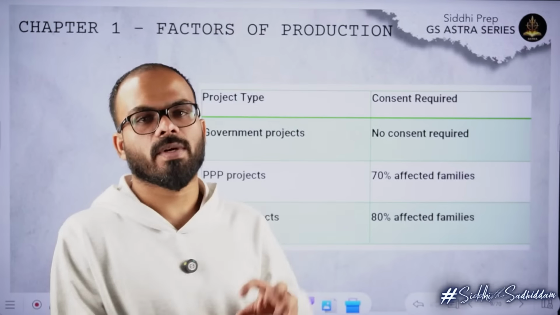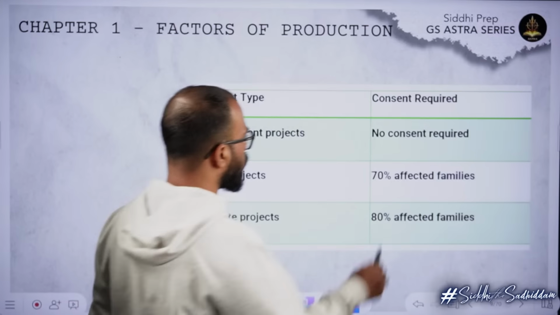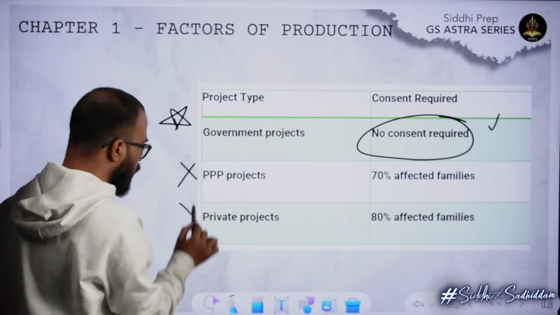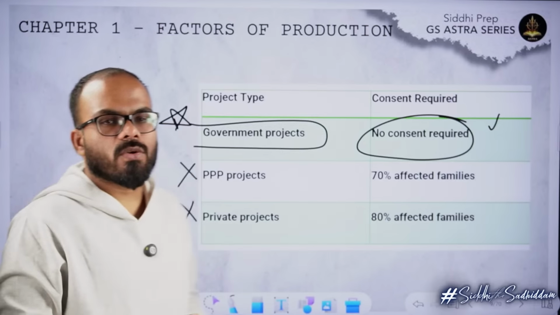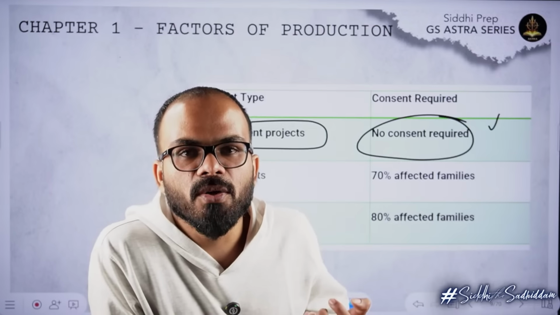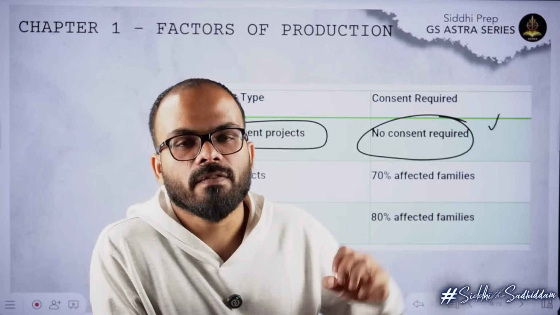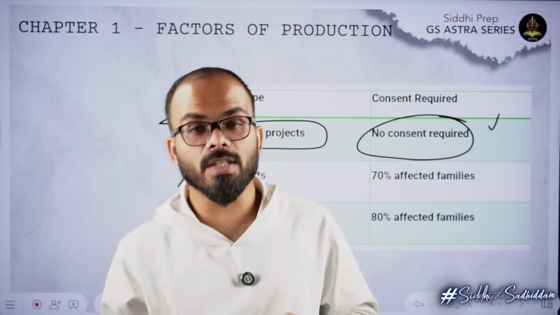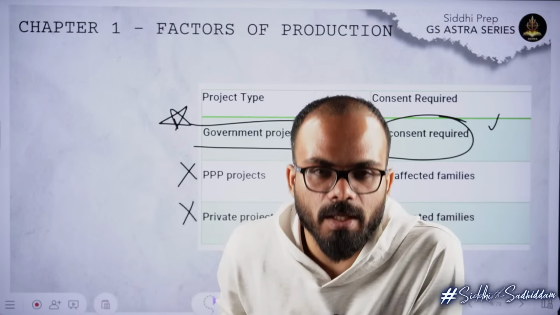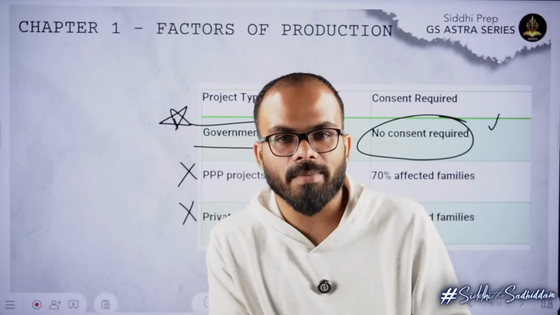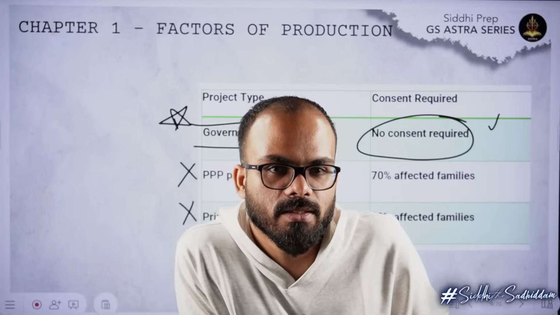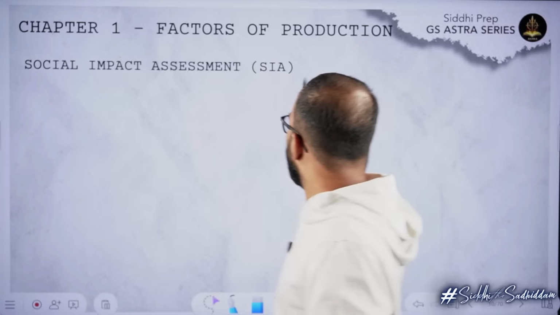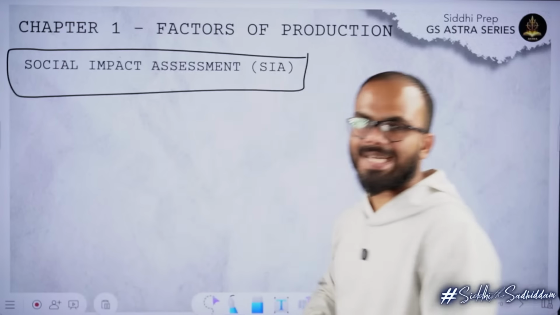And when you are acquiring a land for government projects, you don't need permission from the people. This can be asked in the exams. These 2 will not be asked, but they will ask you to come up with a government project. Do you need consent of the local population? For a completely government project, if it is a 100% government project, you don't have to take consent from the population, from the people, and the owner of the land will be given more than 4 times the market price. More than 4 times the market price will be given to the people, and they will conduct a survey which is known as Social Impact Assessment Survey.